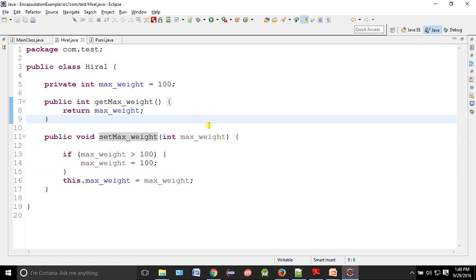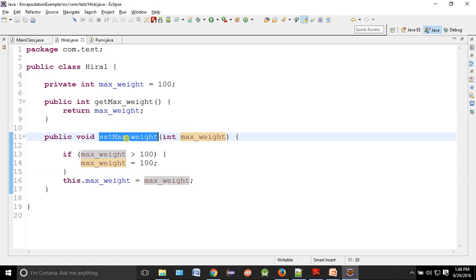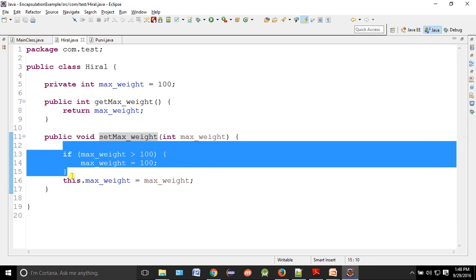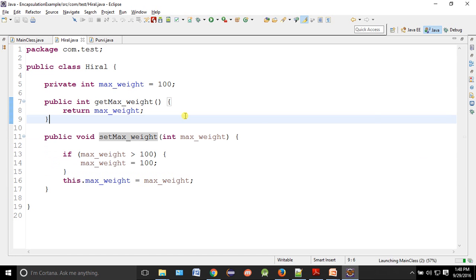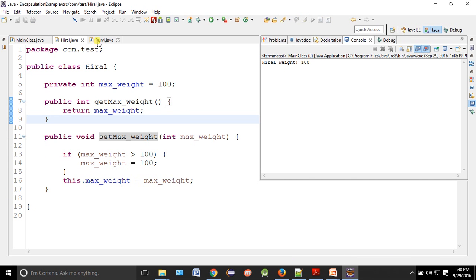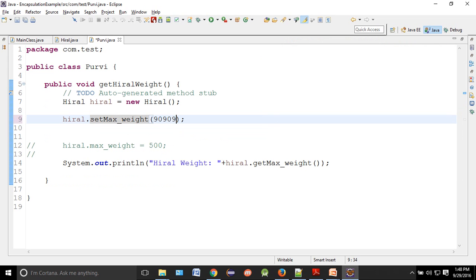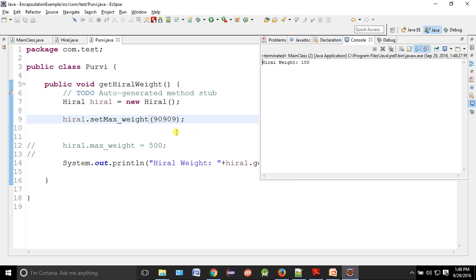If it is more, so now what should be the output? Tell me. If I run this code, 100, because Hiral is controlling that particular variable through this method, and she is writing the logic so that it will never go beyond 100. It can be less than 100, it is fine, but it cannot go beyond 100. Are you able to understand what is the use of this? No matter what Purvi will set, even some junk number, it will be 100 only. So how is Hiral able to control her variable? Through getters and setters, through methods basically.